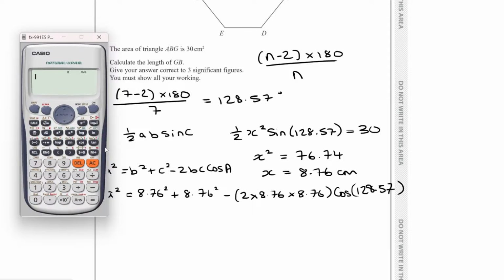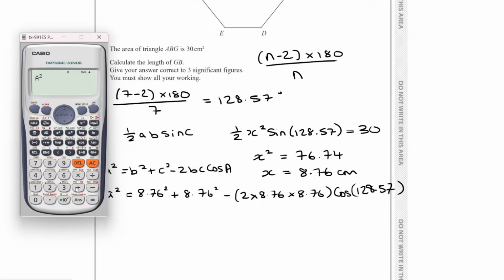I want to get my 128 back. So I probably should have just stored that earlier. If you stored that earlier, that would obviously be better, wouldn't it? Over 7. There it is. So I'm now going to type in my cosine rule, but remember that in my case, I've put 8.76 as A. So I'm going to do alpha A,